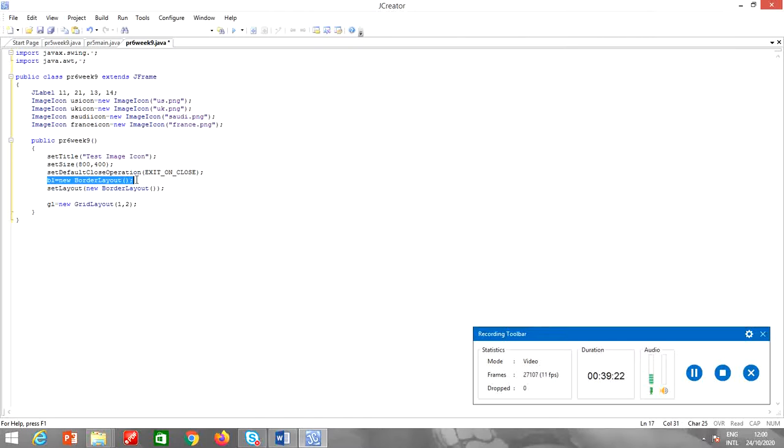Okay, set layout. I need to set a layout also. I can set it a grid layout, but I need to declare it also. Grid layout GL, set layout, new grid layout, and 1 row and 4 columns. Alright,